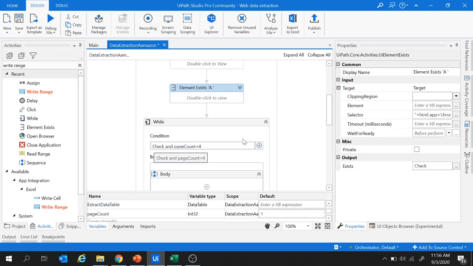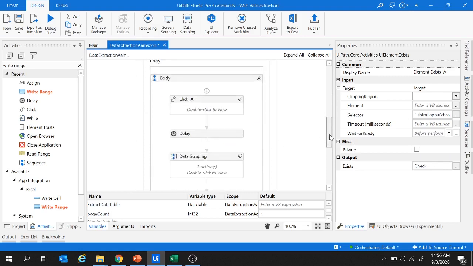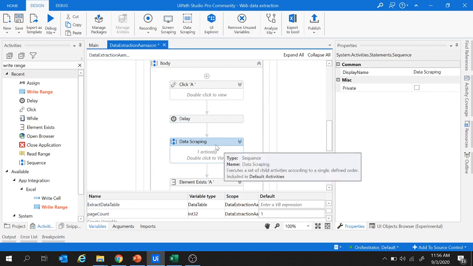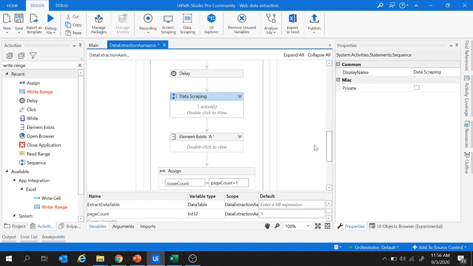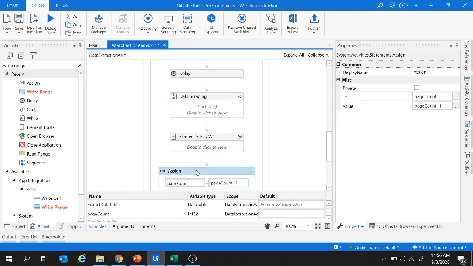So if both the conditions are true, it's going to click on the next button. Then we provided a delay here, and then it's going to extract the data across the second page. Now, once the extraction from the second page is done, it is again going to check whether the next button exists or not and increment the value of the page count variable.